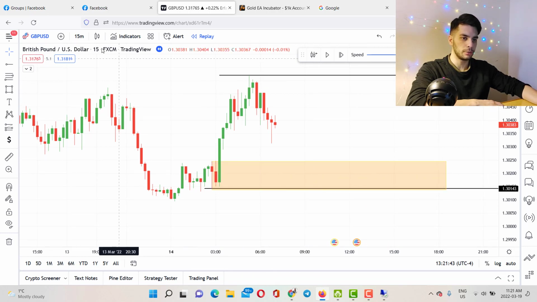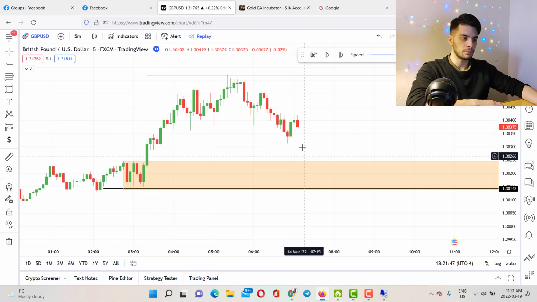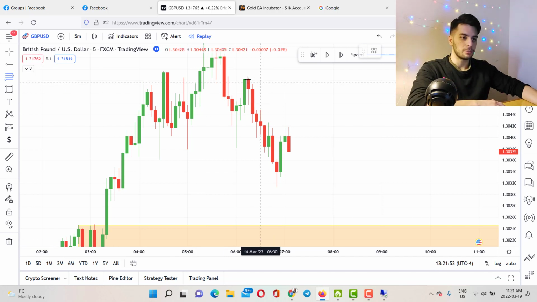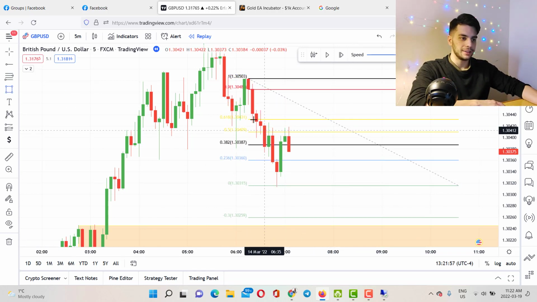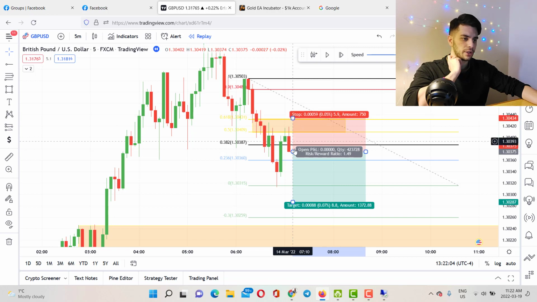Okay, so we have a high probability order block right here, so we can say that it's kind of the target. So the price is probably trying to reach this level, and then it gives us a bullish momentum. We don't know, but what we know right now is the breakout structure that we have from here all the way to here. And as you can see, our golden zone has been tested, and also we have a bearish engulfing candle. So even right here, if I take my trade from here to here, I just want to see,